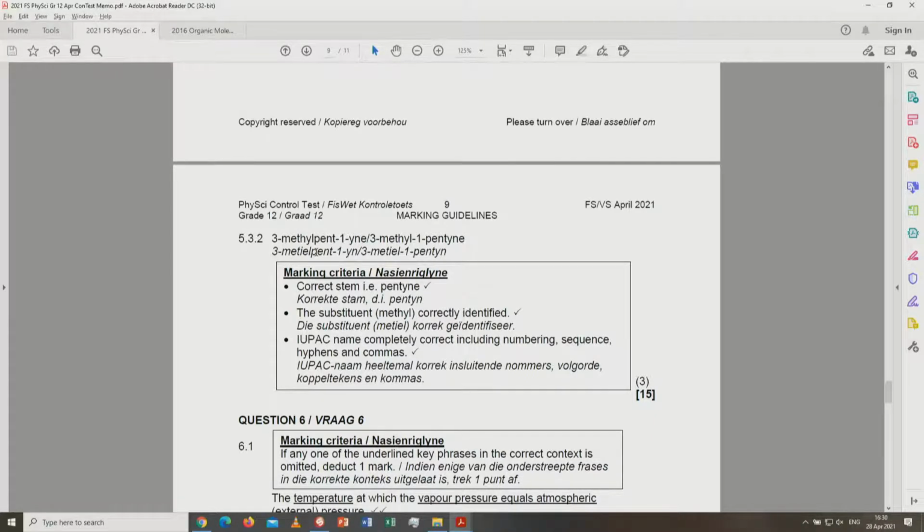So it's pent-1-ine for this part, in Afrikaans, pent-1-ien vir hierdie deel, and the methyl on carbon number 3. I'm so sorry that I go so quick now. Now, question number 6. I think what we should do here, I have actually done a few nice examples for you, but